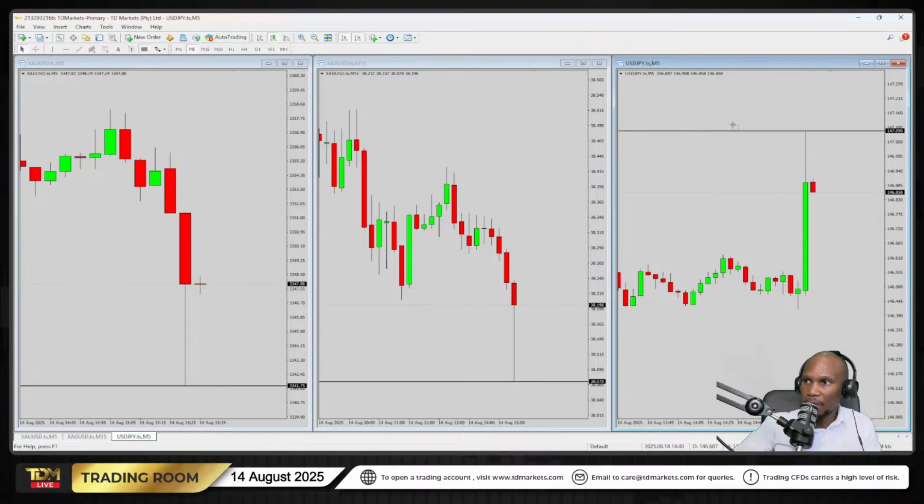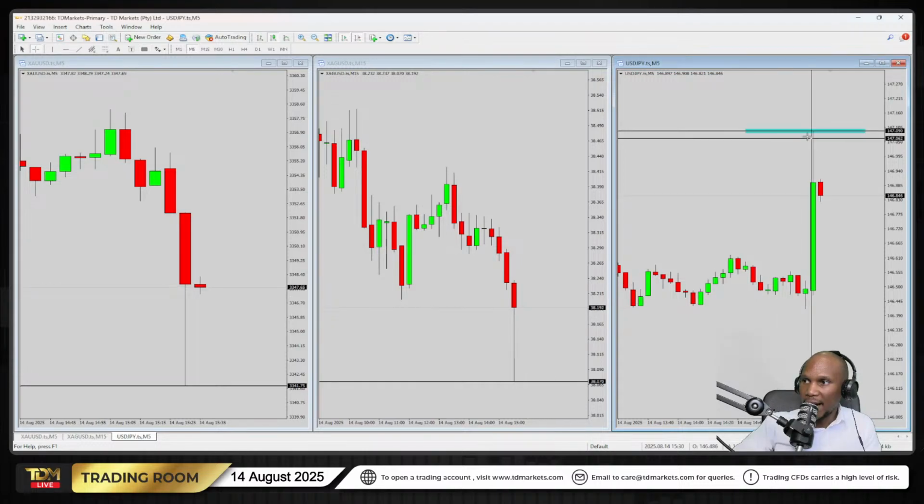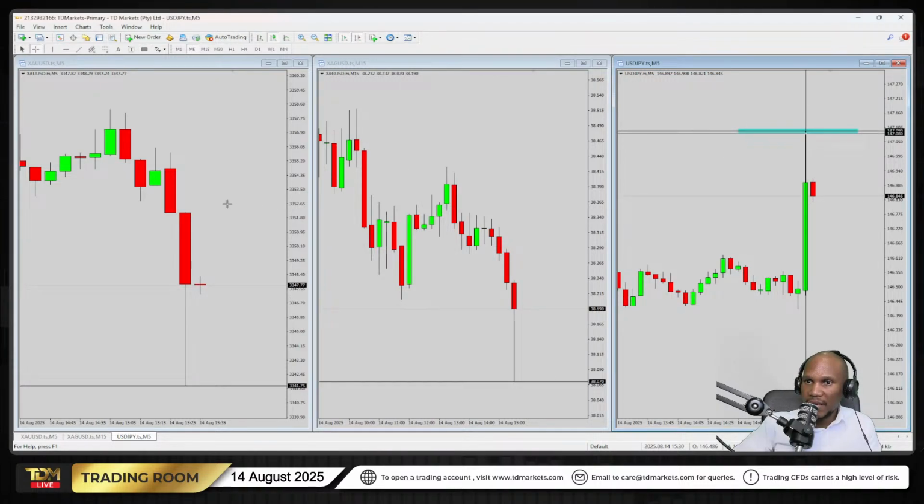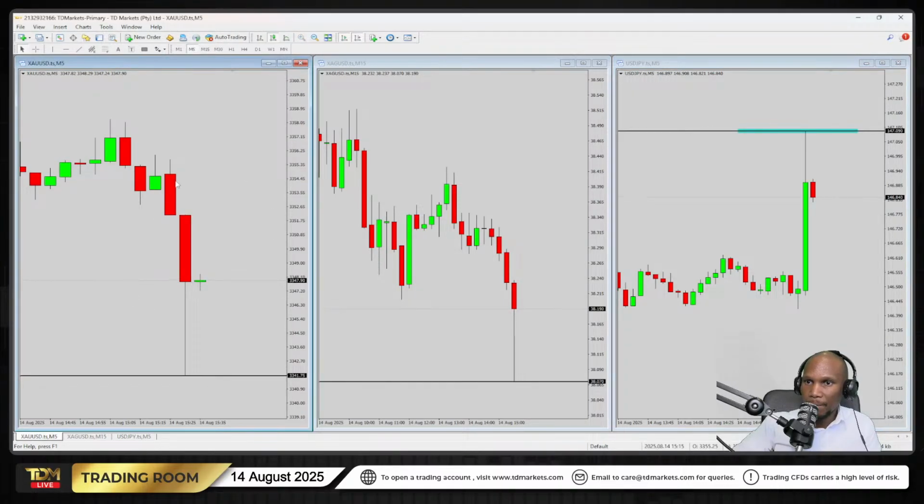So it seems like a break above on USD JPY, a break above the high of the previous candle, then we should expect momentum to start kicking in. With gold, a break below the previous candle, then we should expect momentum to start kicking in. At the moment,